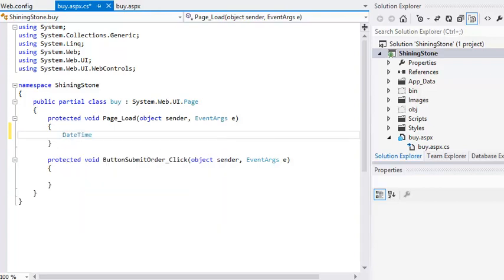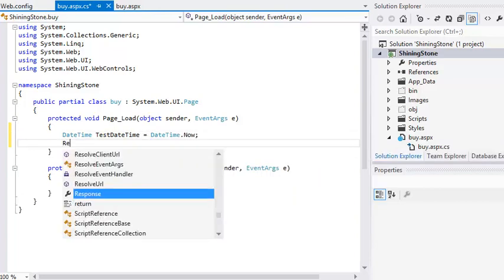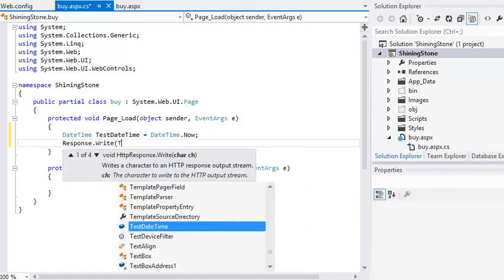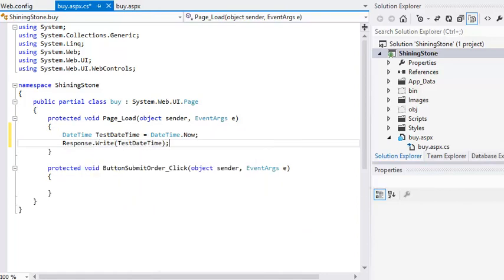DateTime testDateTime = DateTime.Now; Response.Write(testDateTime). The Now property of DateTime always contains the current date and time. This code will create a new DateTime variable containing the current date and time and display it on the page